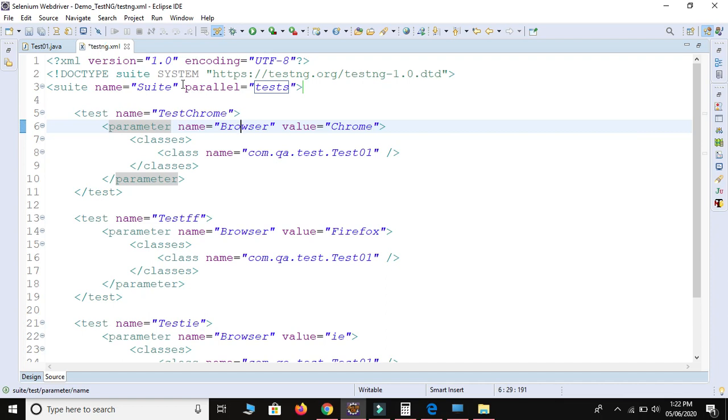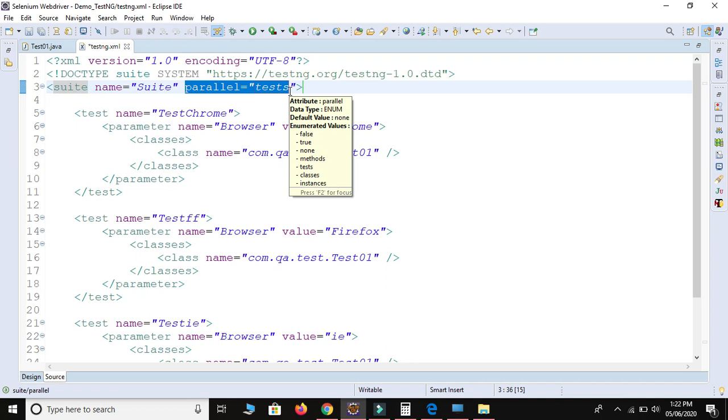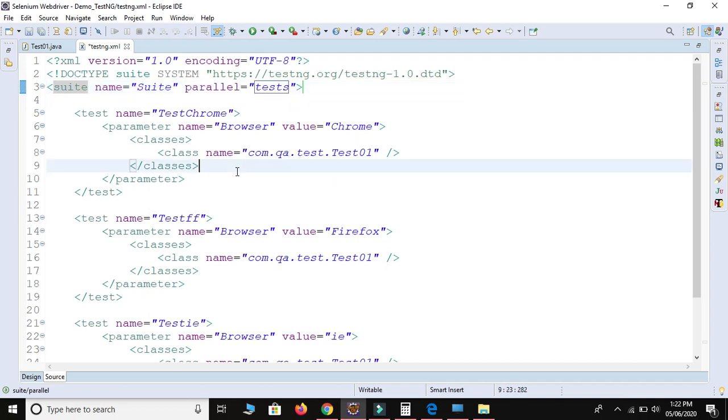The answer is by using this key and value. We are able to perform parallel execution based on the test, based on the method, and based on the class name. So I hope, guys, you get some idea from this video. Actually we covered two interview questions: how to perform cross browser testing and how to perform parallel testing.